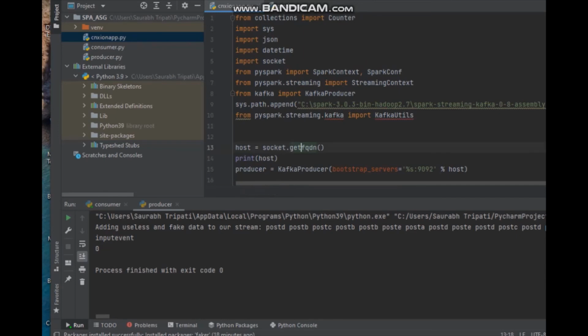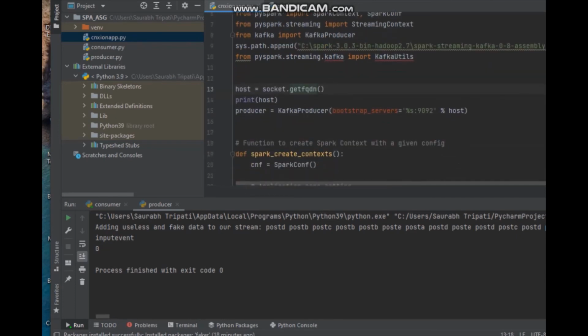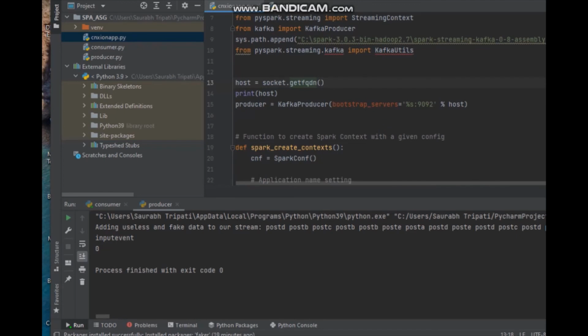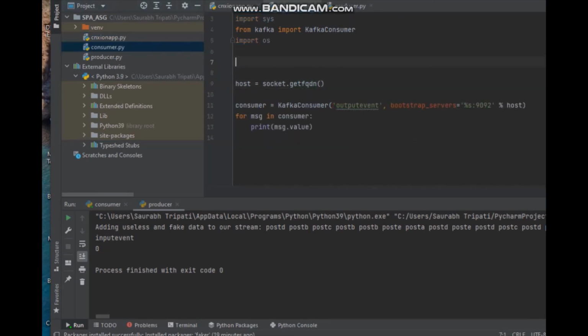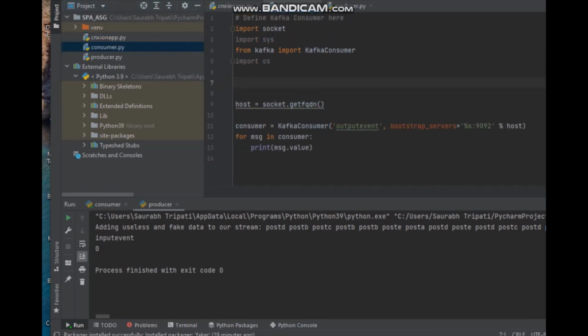Again, like I explained in the previous one, we are getting the fully qualified DNS name, and it will use the 9092 port to throw the message onto Kafka. Then we also have consumer.py, which is nothing but using the data, reading the data from the Kafka endpoint, and it is on the 9092 port. That's how it is currently being set up, and we are